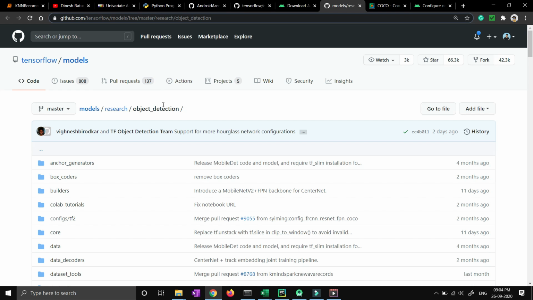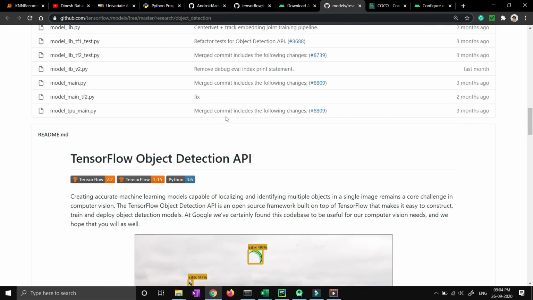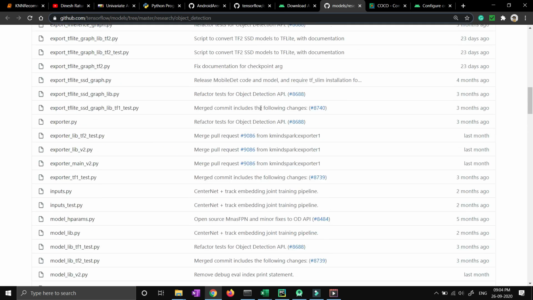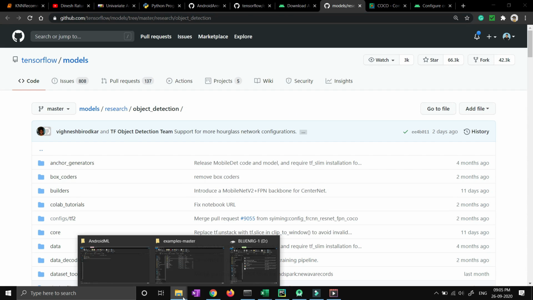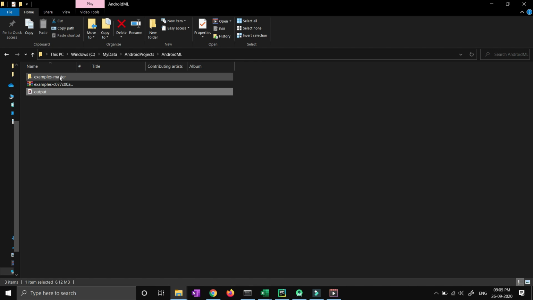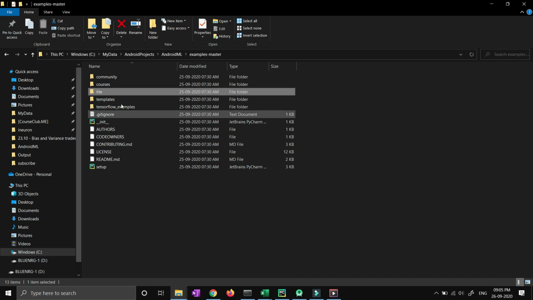I'll paste the link of this particular GitHub in my description box. So you will be able to see this particular code in your local system. You can see over here that I have already downloaded this code, like it is example-something like this. It is in the zip. I have already unzipped it, right? And now you have to just go inside this particular code.